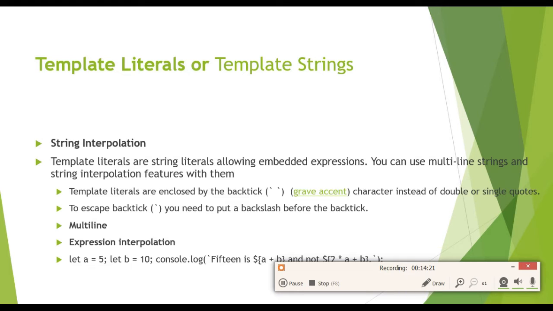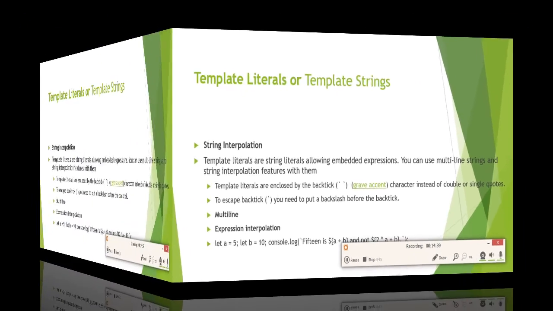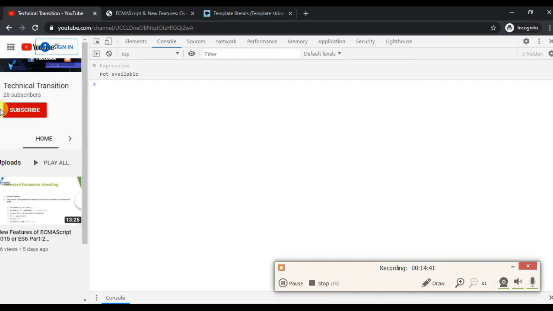Second thing, to escape a backtick you need to put a backslash before the backtick. If you want to include a backtick in your message or in your template literal, you just need to put a backslash before the backtick. Let's see an example for this also.